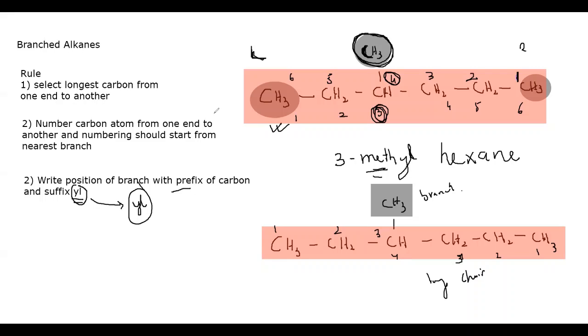So we will always put YL for a branch alkane. Now, the third position has a branch, that's why we put 3. And how many carbon atoms are there in the branch? There is one carbon atom, that's why it's meth. Whenever there's a branch, the name should have YL. So it's methyl. And because the main chain,